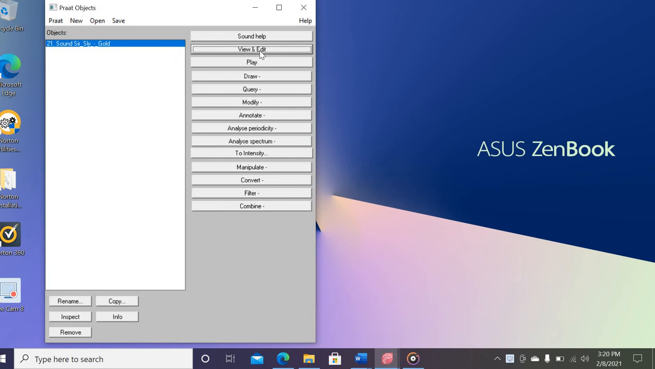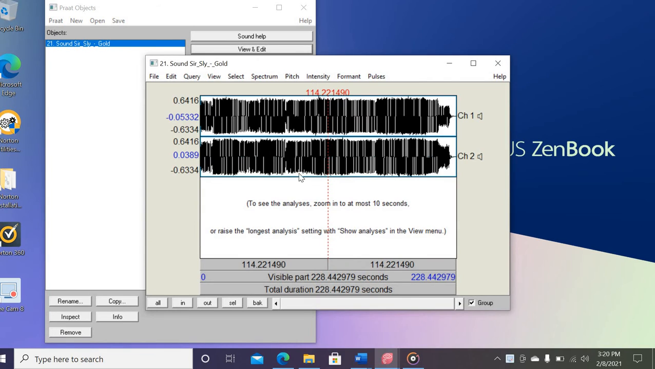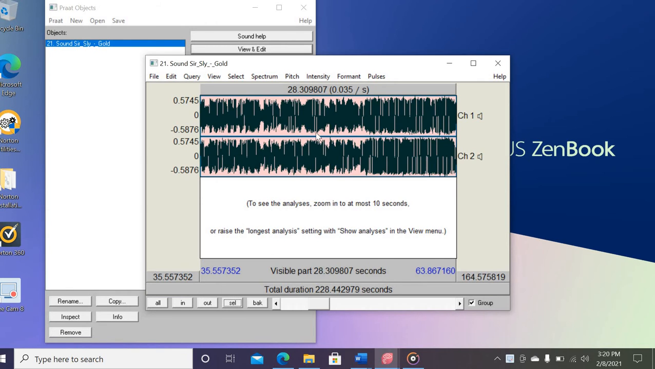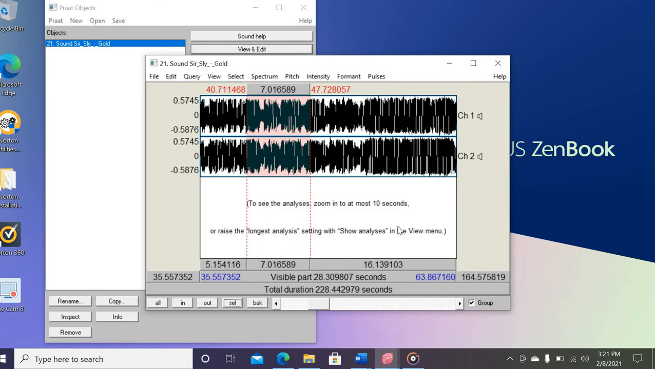You just click view and edit. It's going to pull up this big screen here. With this, you can pick one spot, hold and slide over to select a certain area within it, and you'll click cell. And it pulls us in closer here. You have to be within a 10-second window for it to show my analysis down here, so we're going to zoom